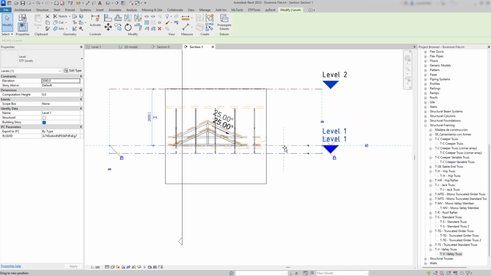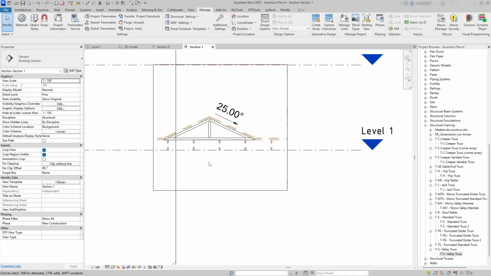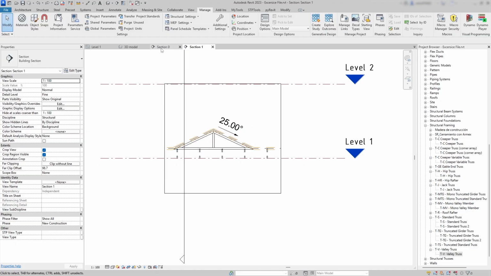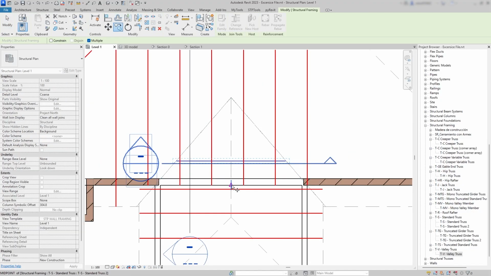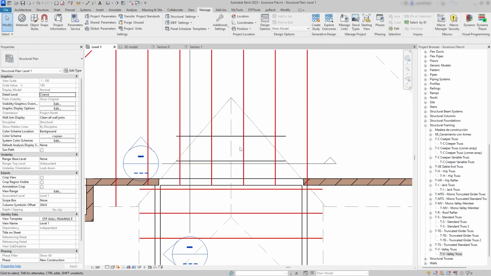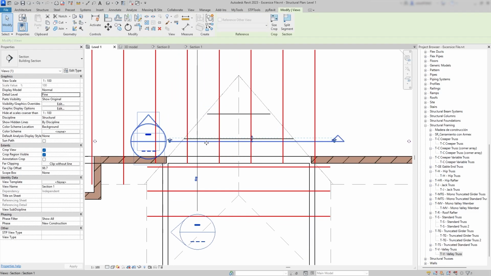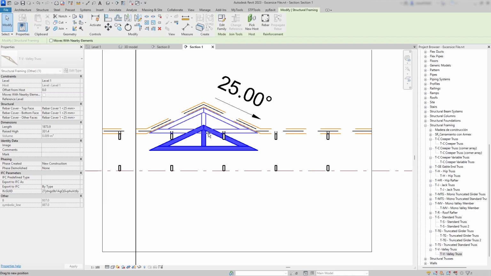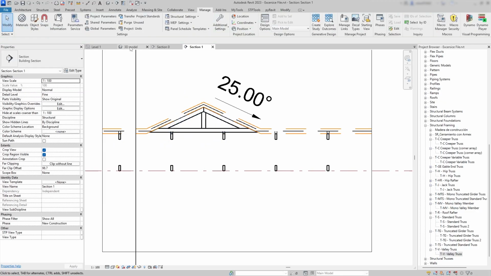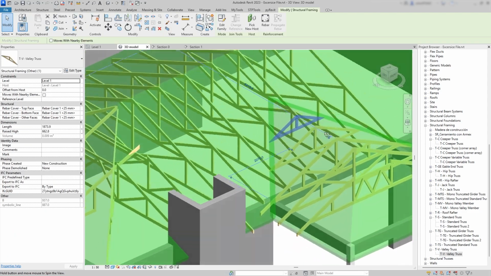That way, if this level ever moves, the valley truss will move with it, just like the rest of the trusses in the project. Finally, I return to the plan view and copy the truss to its next position, for example, at 600mm spacing. I also move the section view accordingly and adjust the truss width again using the valley line as a reference. Then I return once more to the section view and fine-tune the vertical position using the blue arrows. In the 3D view, we can now see how all the